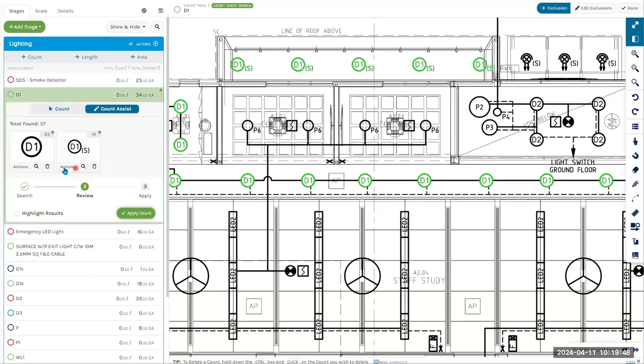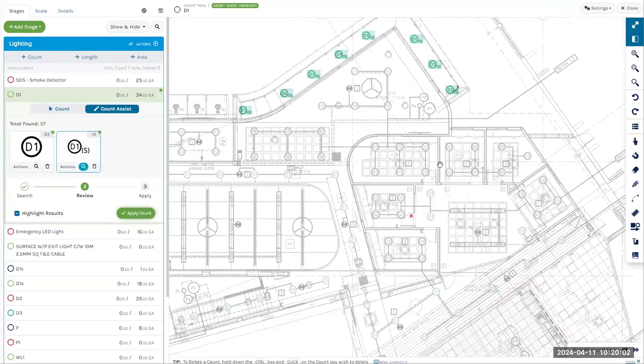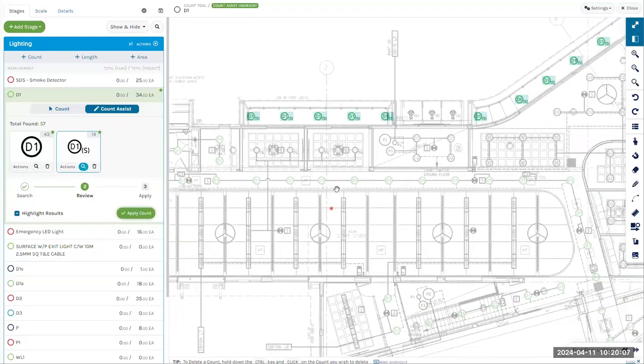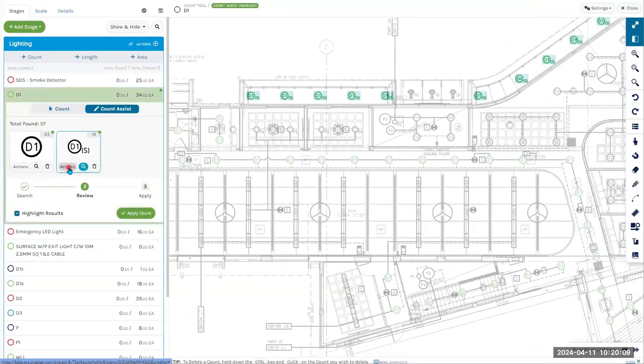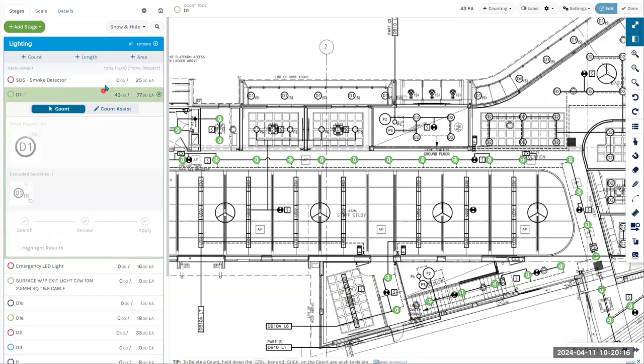Now, if I just want to see my D1S selections, I can actually click this little magnifying glass here. So you can see all my D1Ss are being highlighted and all my D1s are still in green. So I can have a quick look around and say, yep, this looks like it has got all of my D1Ss in that search. So I can go to actions and exclude them, and then I can apply my count just to my D1s. Looking here on my stage, you'll now see that I have a plan total of 43 and a project total